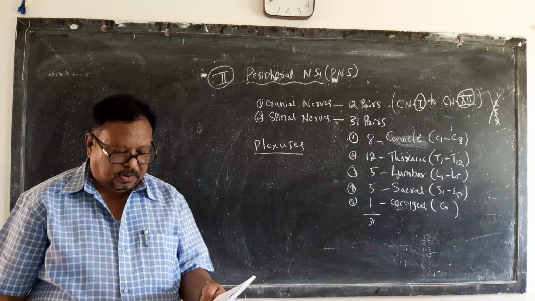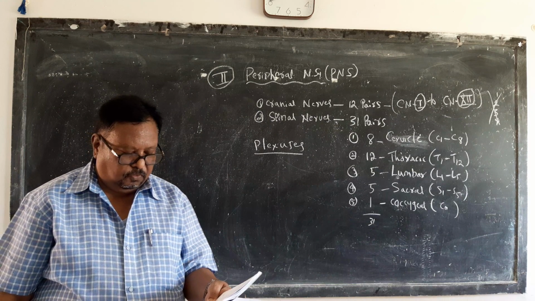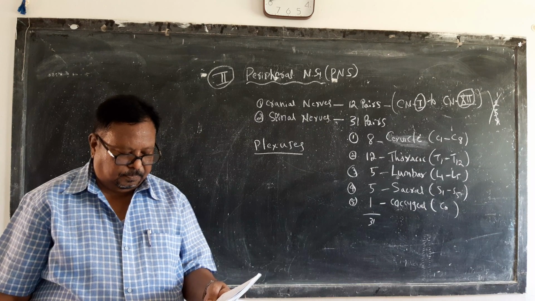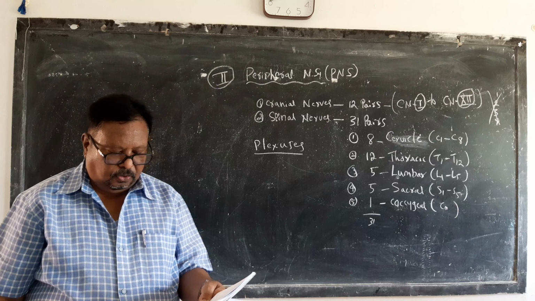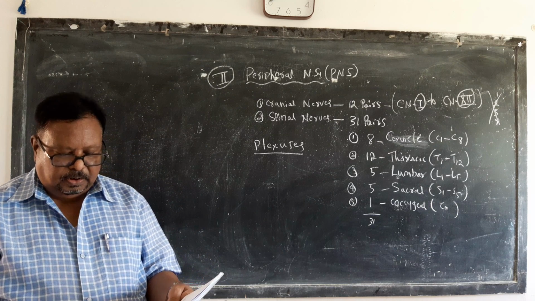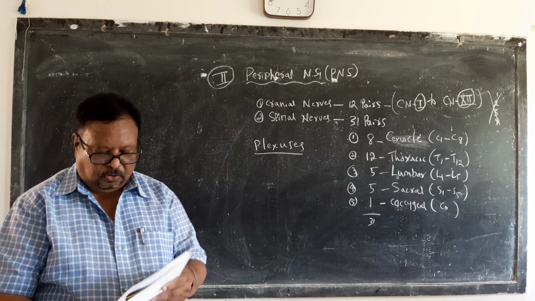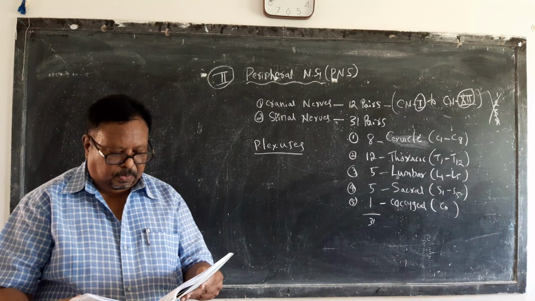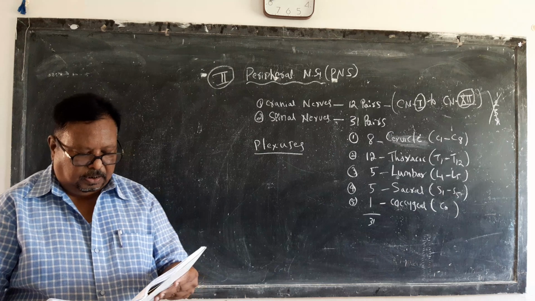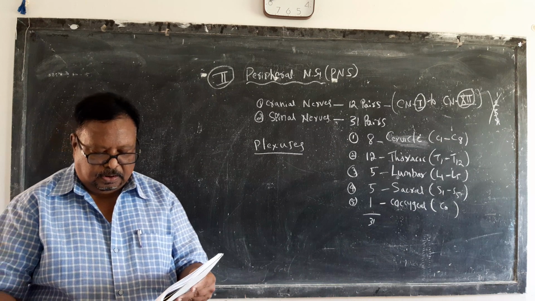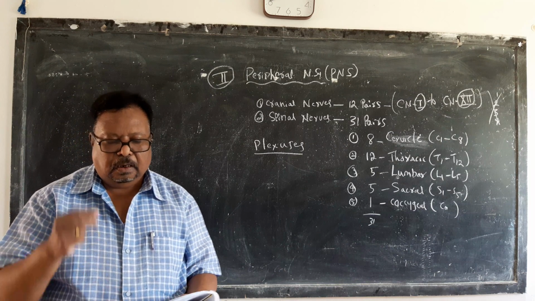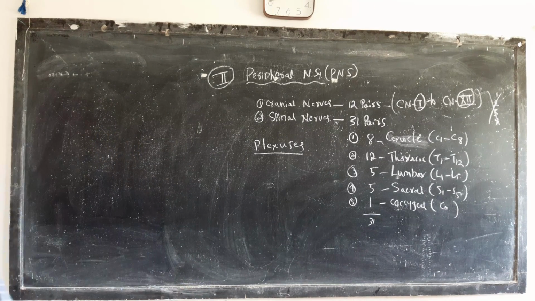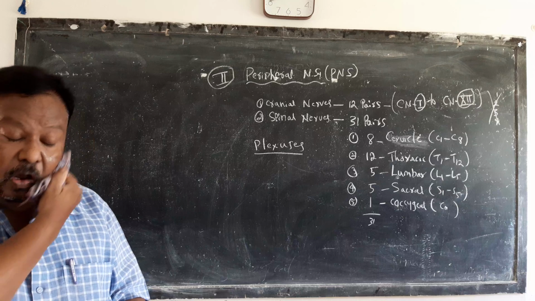In the thoracic region, the anterior rami do not form plexus. The T2 to T12, 11 nerves, directly supply the intercostal muscles between the ribs of the thoracic cavity. Now, coming to the next point, there are 5 long